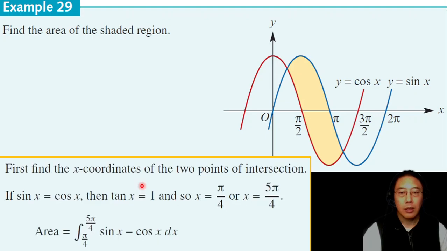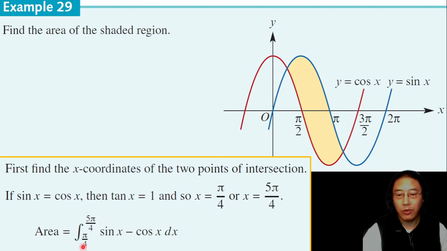Alright, so to determine the intersection, you make the two functions equal, so you get sine of x equals cos of x. You divide by cos of x, that gives you tangent of x equals 1. One value is pi on 4, so you get the first value, which is x equals pi on 4. Don't forget that with tangent you will have another solution in the third quadrant. So if you add pi on 4 plus pi gives you 5 pi on 4, and those values will fit the respective intervals visually. So you need to find the area between